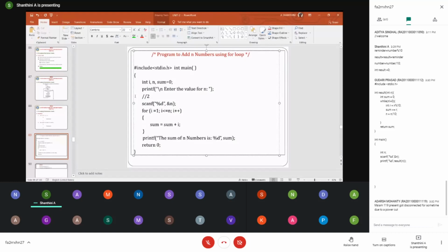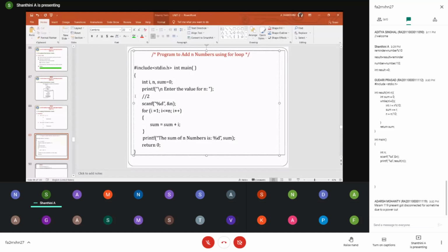What happens? i is equal to 1, i is less than or equal to 2, condition is true. It comes inside and performs the sum. Sum is initially 0, so sum plus i, 0 plus 1, gives 1. After this it goes to the increment part, i plus plus. Now my i has been incremented from 1 to 2. Now it checks whether 2 is less than or equal to 2.